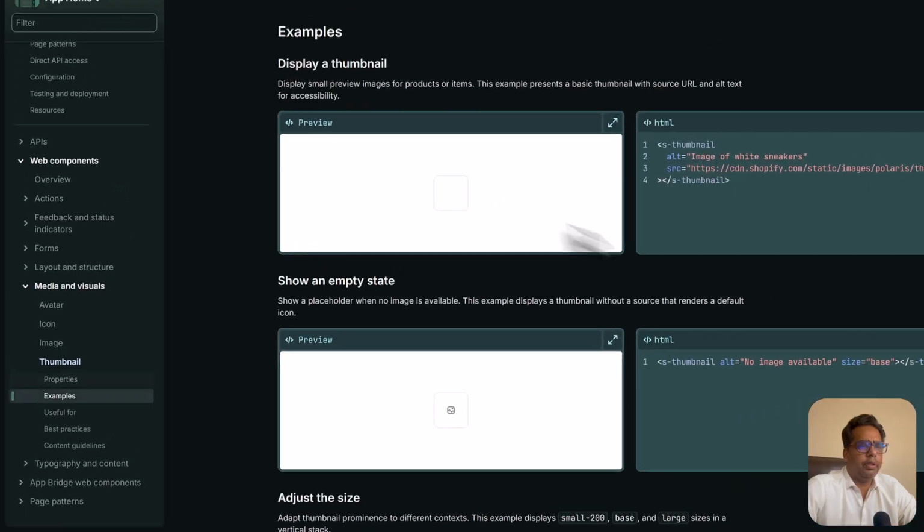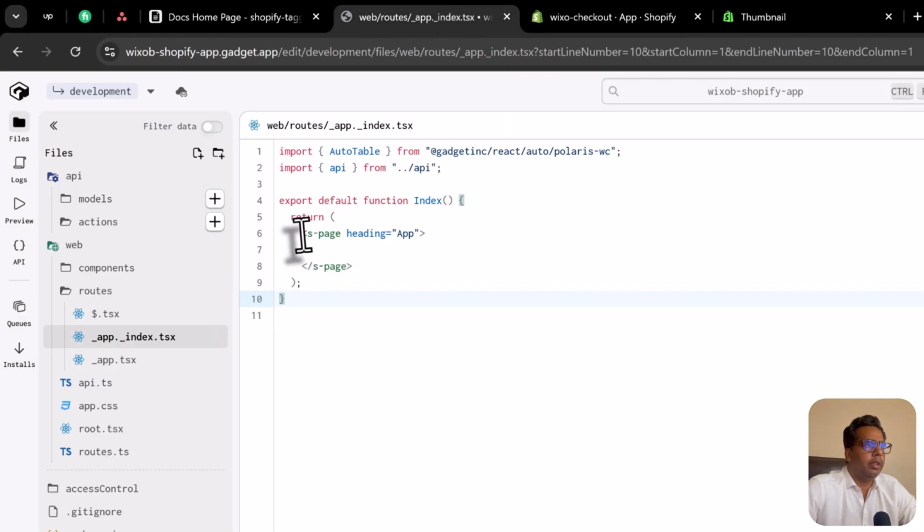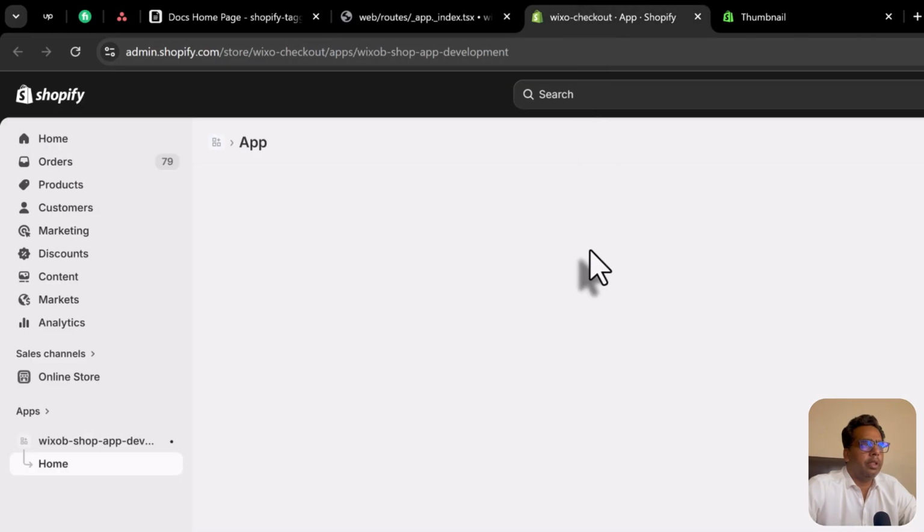So these are different code examples. You can copy this and go back over here and paste the code, and you will instantly see